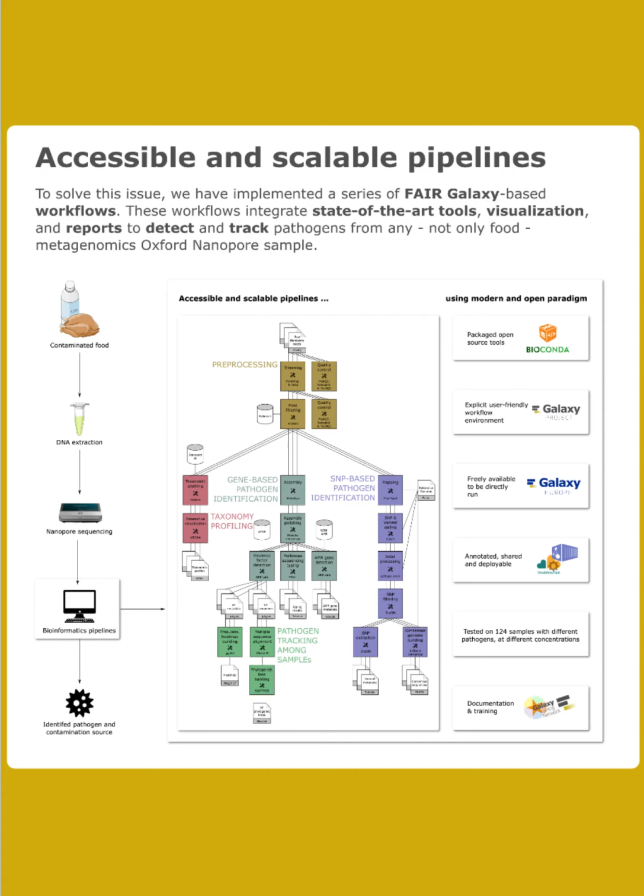How does it look? If you have something that is contaminated, you can extract the DNA directly, sequence it directly, and then run a series of bioinformatics pipelines made of 5 different workflows. One step is the pre-processing, checking the quality control to improve the quality of the data. Then we have a step of taxonomic profiling with Kraken to give an overview of the microbial profile, then a gene-based pathogen identification using AMR and virulence factor genes,